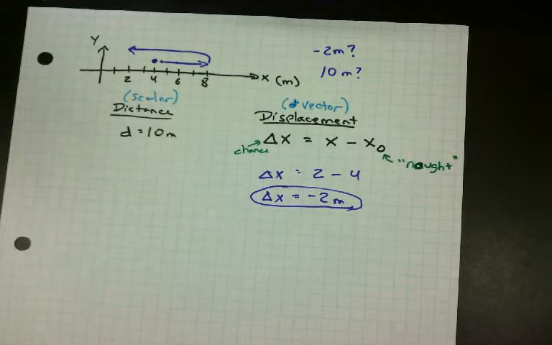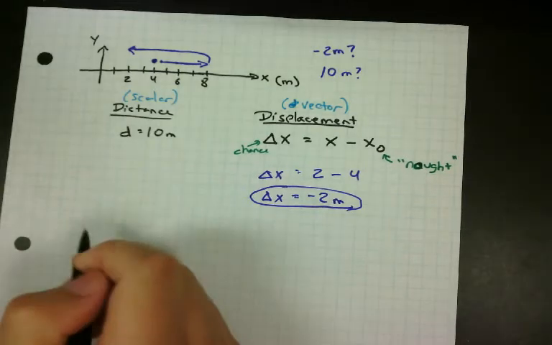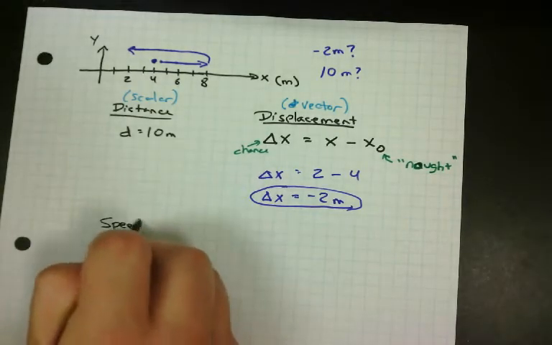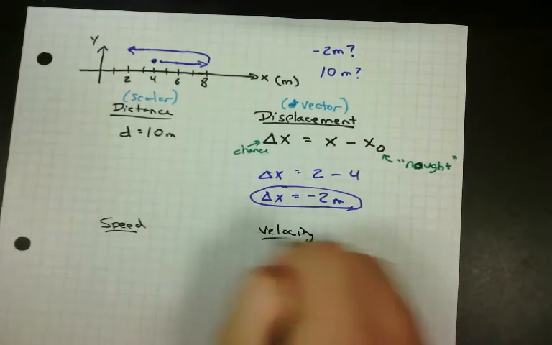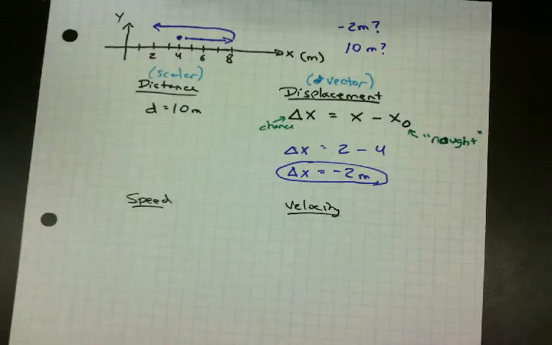Now, you learned in what you just did that we have two answers to the question of how fast we're going. We have the scalar form, which we call, what was the scalar version of answering the question how fast? Speed. So we have speed, and we have velocity. And I'm going to give equations for these. So speed, we're going to define as